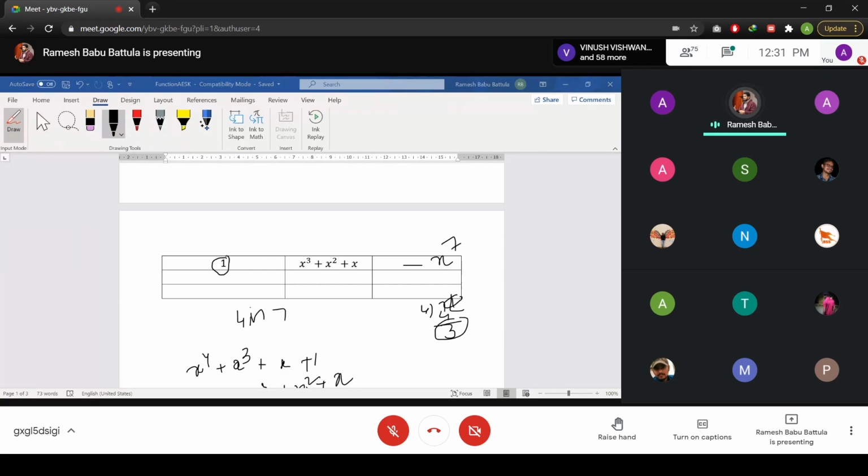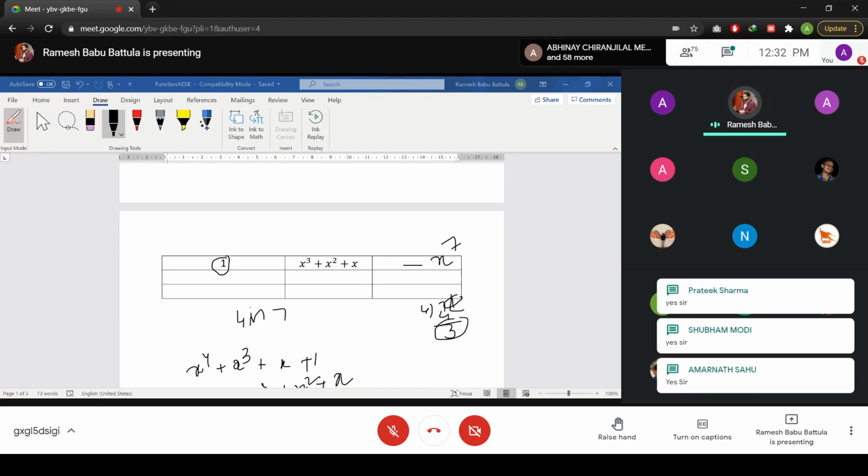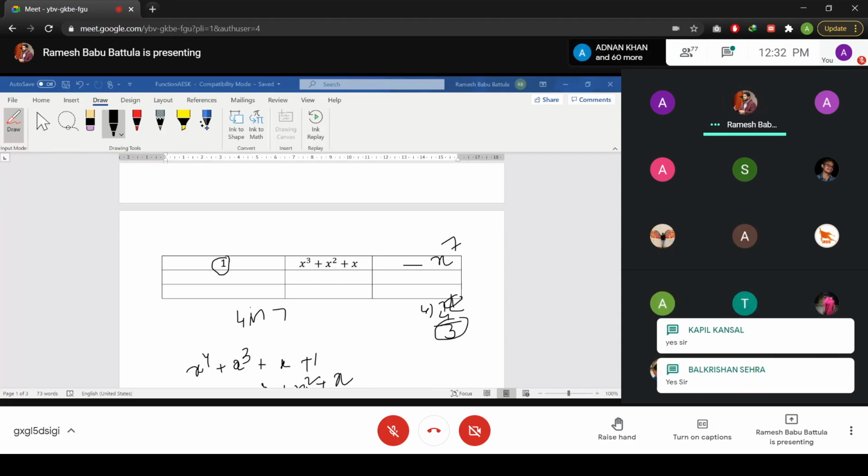So how many of you received this value x to the power 7? Please let me know. If you got this answer, you say yes, that's enough for me. How many of you got x to the power 7? Please say yes. I understood how many of you solved this one comfortably. I just saw 5, 6 yeses. So now I will give you one more problem to solve. Okay, the problem.